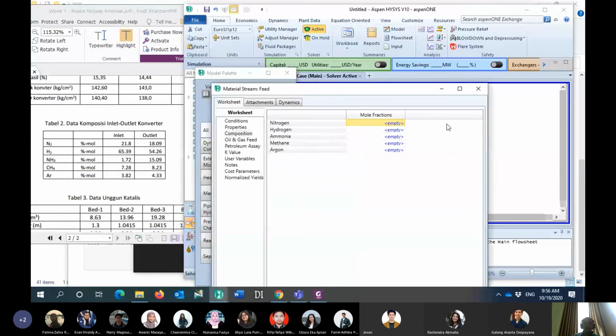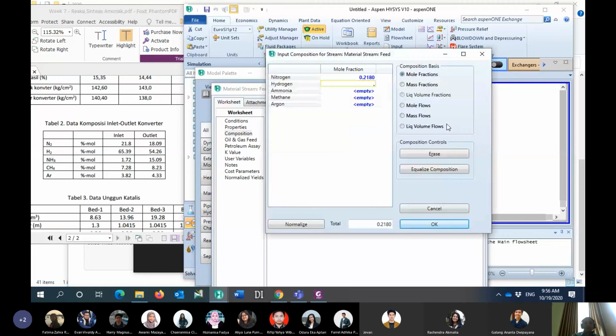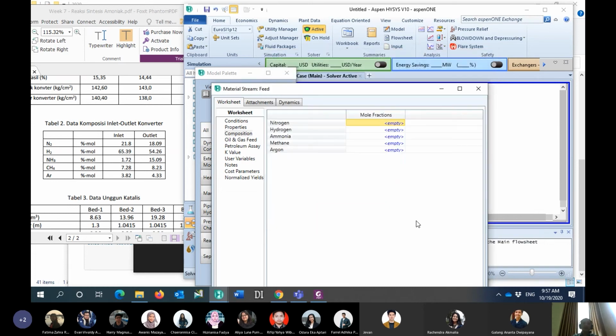The nitrogen consists of 21.8%, and this one consists of 65.39, and this one is 0.0172. This one is 0.728 in terms of fraction, and then the remaining argon is 0.382. The total will be 1. So I just click OK.